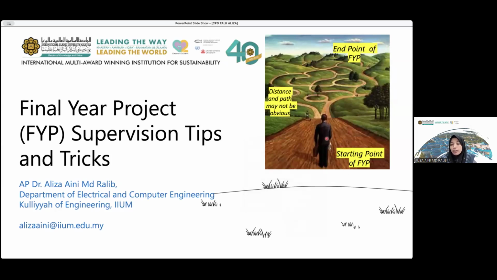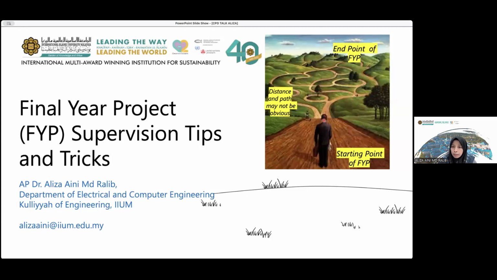Okay, so FYP is actually a journey, it's baby steps for research. If we can see the picture here, the students are here, especially the final year students. The path towards the end, they actually have very many paths, and it's a struggle journey.